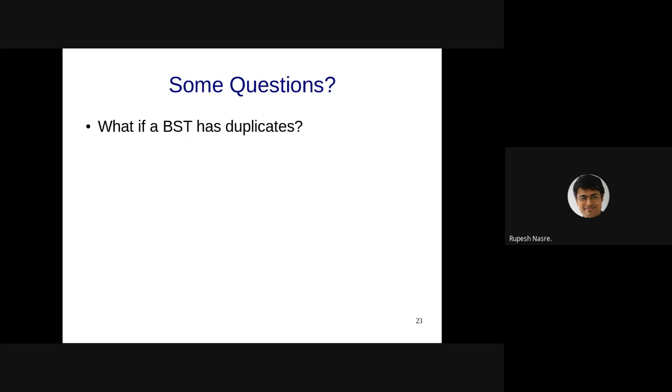Okay, so what happens if a BST has duplicates? Murari says one possibility is that we can maintain a count at each node, so that whenever we reach that particular node and we want to insert duplicates, we can go on incrementing that count.